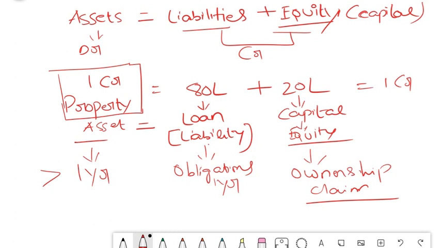The same formula you can convert it. Assets minus liability is equal to equity. That means if you say 1 crore minus 80 lakhs, so 20 lakhs is the balance that is left. If you want to close your business, you have a 1 crore property and you have an 80 lakhs loan. So you will set off both, and whatever balance remains, 20 lakhs, is the residual amount which belongs to the owner. So that is what is important here. This formula can be tilted anyways, but the concept is the same. Assets should be equal to your liabilities plus equity. And now we have seen the meaning of what assets are, what liability is, and what equity capital is. So we will move now to the next stage.